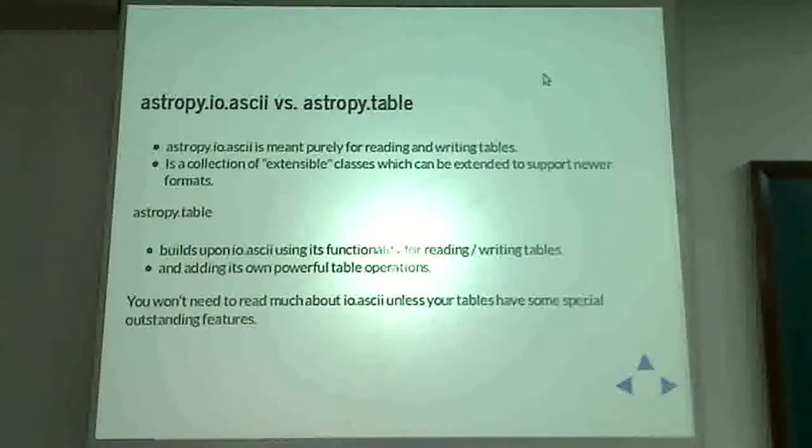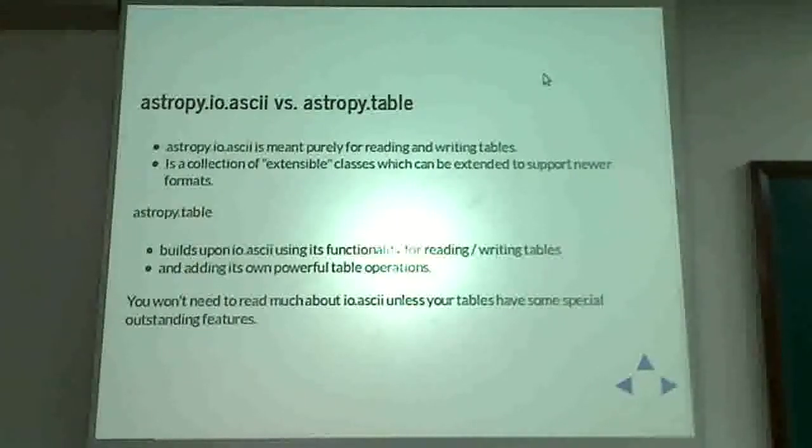astropy.io.ascii is a very low-level ASCII file parser. So it is a generic program designed to handle as many variations as you can in ASCII tables. For example, I might choose to use tab delimited ASCII files with a header, and I might choose hash as a comment sign. Somebody else might use % as a comment sign, and so on. So to accommodate all these differences, astropy.io.ascii was developed.